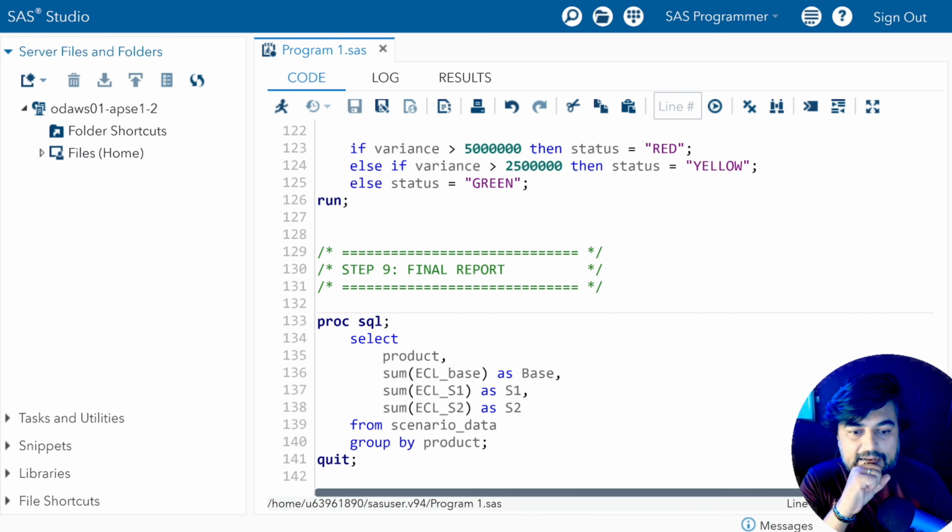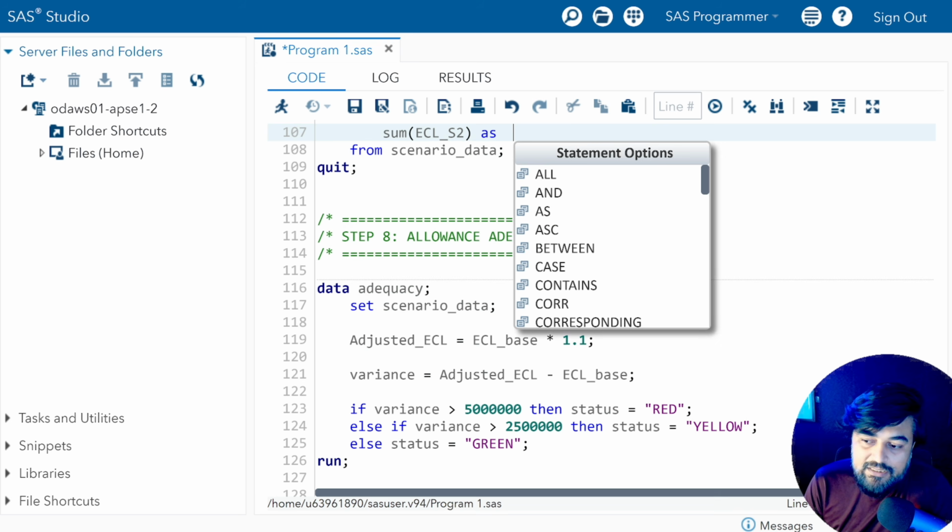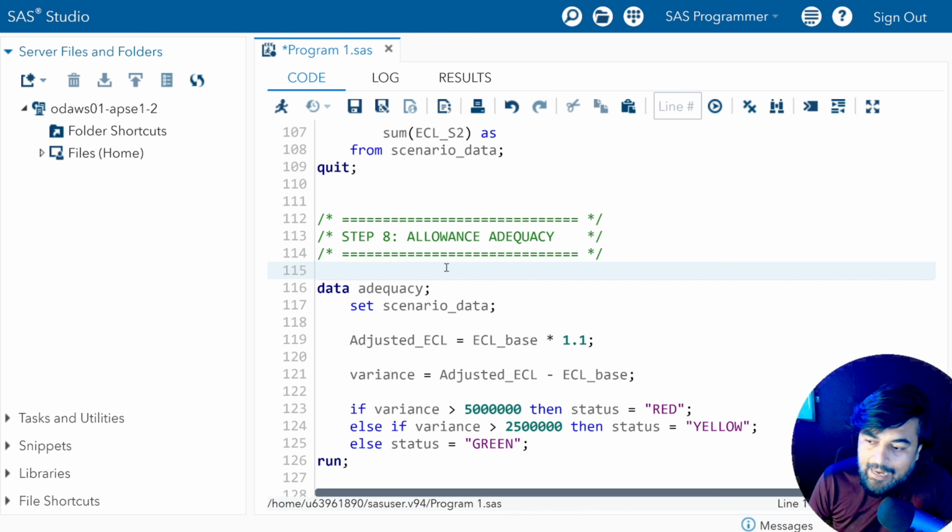Now you have the final version in your hand. You have the allowance values. Okay, so this will give you the ECL value across all the different scenario. Now in step 9, you can see finally I'm just creating a final report. That's how we report, like in the real banks, in any of the company you would be working, you will see usually we will send the data in reports. So I'm using Proc Report, group result by products basically, and calculate total ECL for each segment. This produces a clear report that highlights risk distribution across your loan types. You can see that